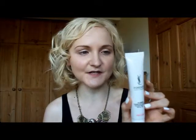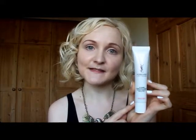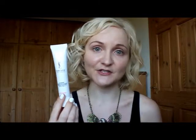So the first product I'm going to be showing you is the Yves Saint Laurent Forever Light Creator CC Cream, which is this one here. I've been using it for about a couple of months now and I absolutely love it. It's absolutely gorgeous. And it comes in 3 shades as well. So I've got the rose one. With the rose, they've recommended that this is to be used for much paler skin tones, which is what I am. And what the rose does is it helps to brighten up your complexion as well. So it doesn't make it dull, it really brightens it up